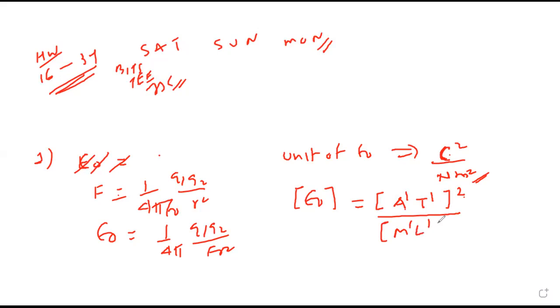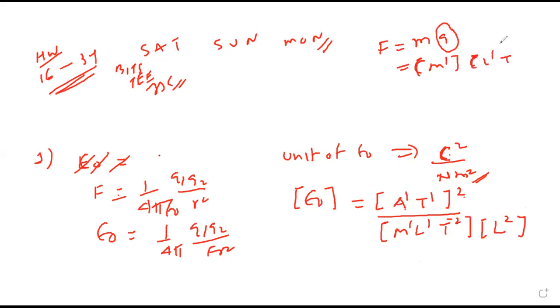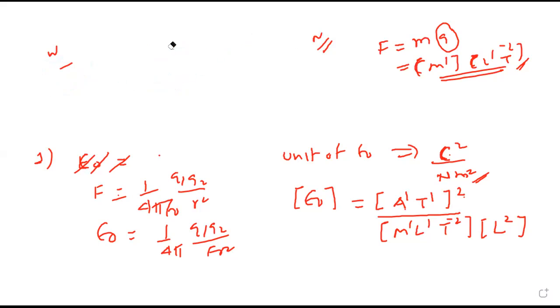Newton is M1 L1 T minus 2. You know the dimensions or shall I explain? If I want the dimension of force, I should know its formula, mass times acceleration. M is represented as M1. Acceleration is meter per second square. So I have M1 L1 T minus 2. You have to remember this force dimension, M1 L1 T minus 2. It frequently appears.